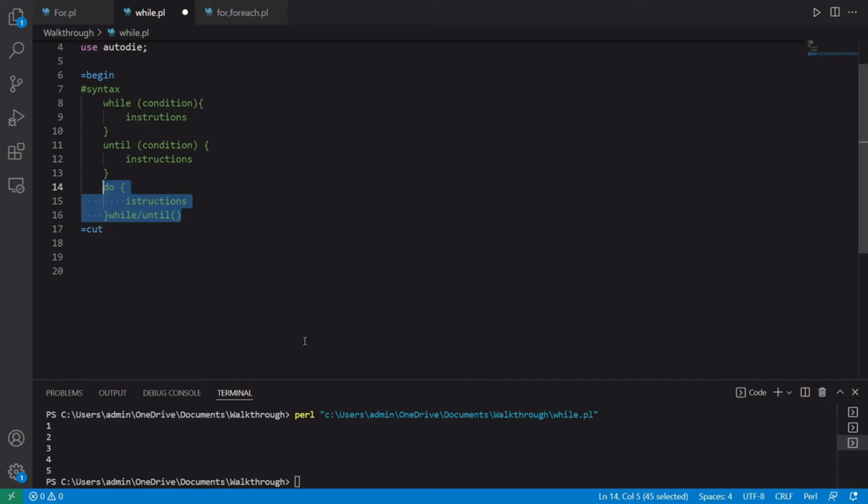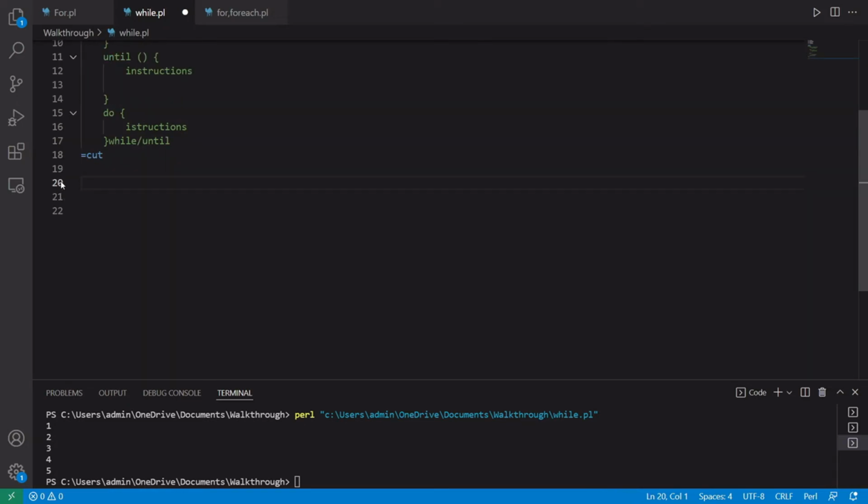A do block, again with the syntax very reminiscent of the C syntax, parses as a single expression that may contain several expressions. Unlike the while loop's block form, the do block with the postfix while or until will execute its body at least once. This construct is less common than the other loop forms, but very powerful.